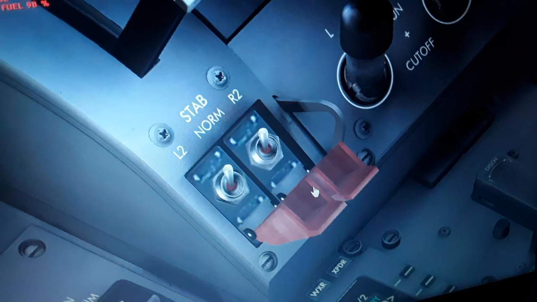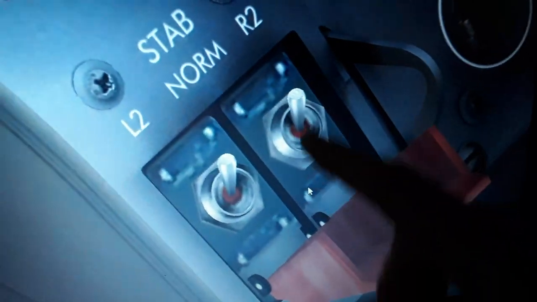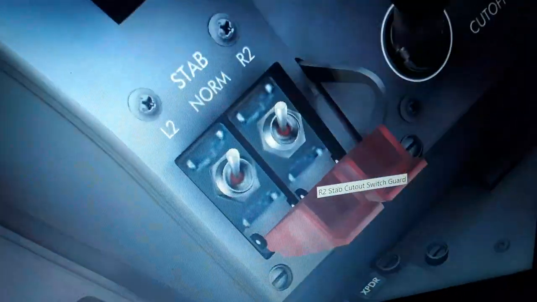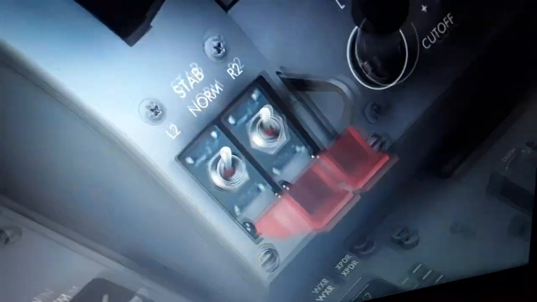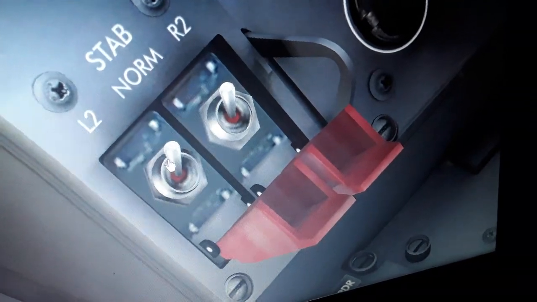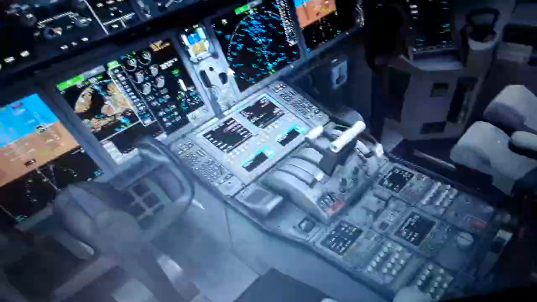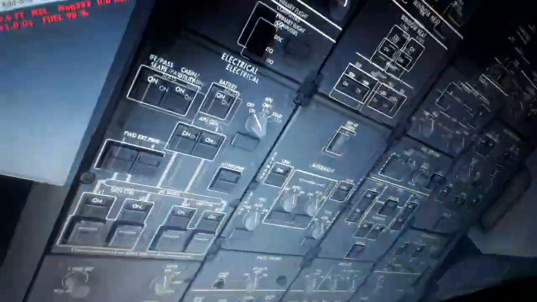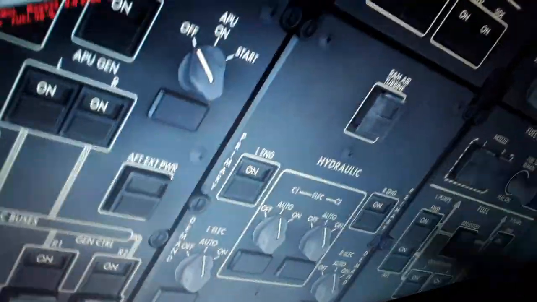You move it from normal to cutoff. If you have a failure, you can disconnect either the left or the right stabilizer trim or elevator trim, whatever you have. Some aircraft have a whole stabilizer. So you disconnect if you have a failure over here of the hydraulic system that affects the auto trim